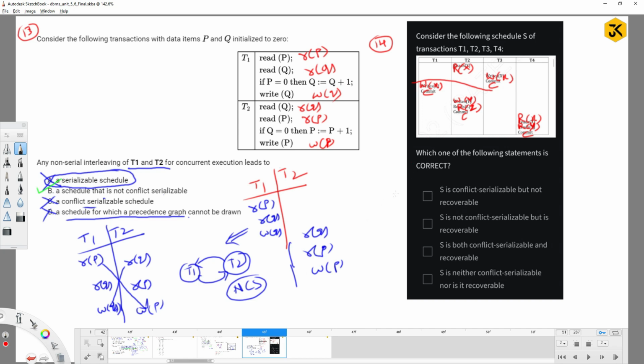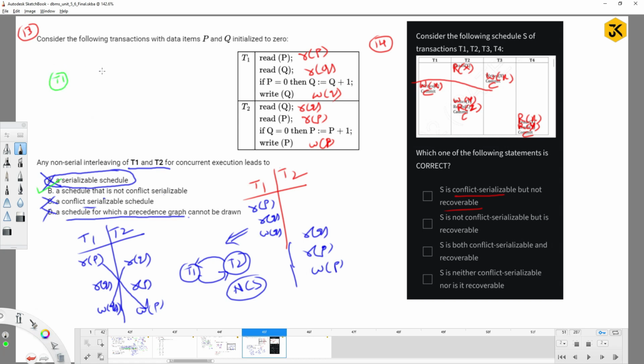Now try to define which one of the following statements is correct. Is S conflict serializable but not recoverable? They are asking here with respect to conflict serializable and recoverable, right? So can we simply find out whether it is conflict serializable or not? We can simply draw the dependency graph. So if we try to draw the dependency graph for it,